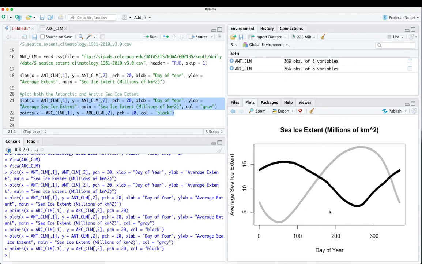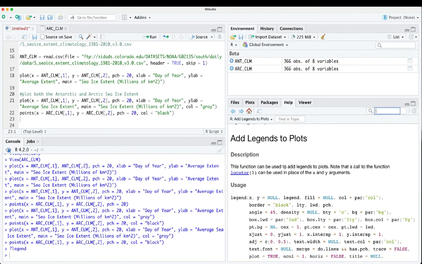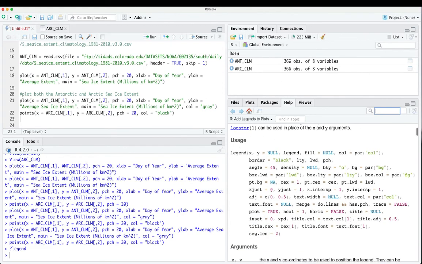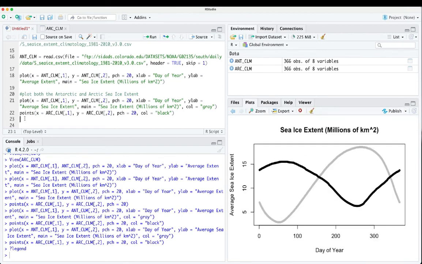But what we need now is a legend, because we got two curves on here, and a reader won't know which the Arctic and which one is the Antarctic, so we can use a function called legend. So, in fact, let me just come down here, type legend, and you'll see that legend is a great way to add a legend to a plot. And there's a ton of different handles in here. I'm not going to go through all of them on this video, but there is an X and a Y where you want the legend to be. And we'll just go ahead and take a look, use the ones that are useful for this particular plot. So legend,